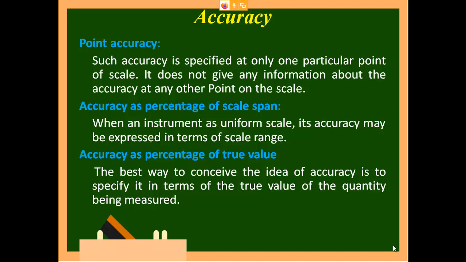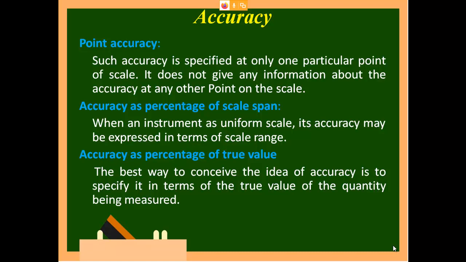So you should know what type of meter is required, what type of sensing is required for a particular application. When you want to buy a meter and put it where at a particular value that meter should show, then you should only go for point accuracy type of meters. When it is for DC, you can say accuracy percentage on scale span. They will write the scale span is around 10, scale span is around 20, which you mean to say is from 0 to 10 or 0 to 20, this fellow will be accurate. You are not supposed to put beyond that particular scale value.